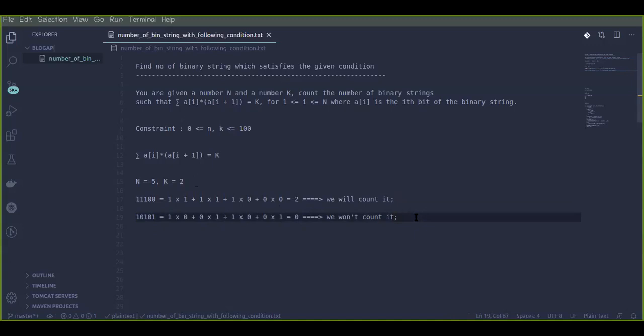So to solve this particular problem, we can generate all the possible binary strings and verify one by one whether each string satisfies the condition or not. It will surely work, but the time complexity here would be 2 raised to n, which is completely exponential. Why? Because we are solving all the subproblems repeatedly.